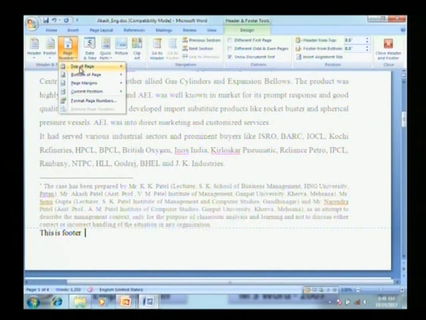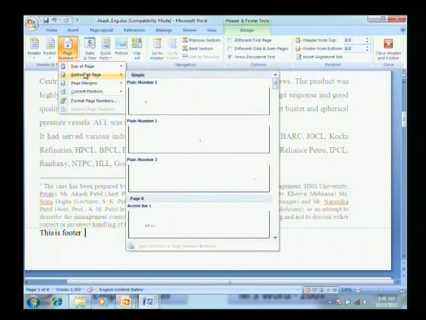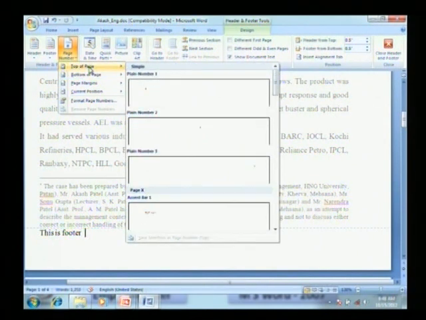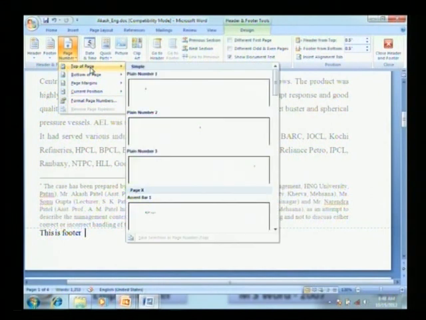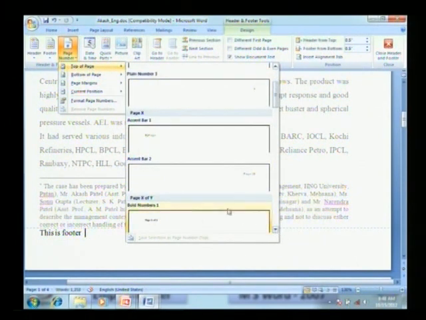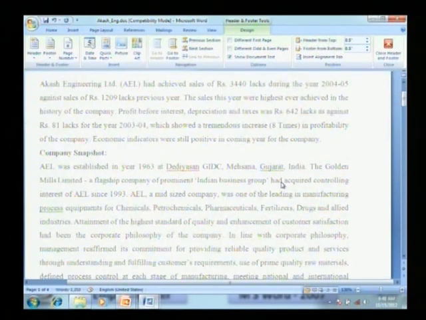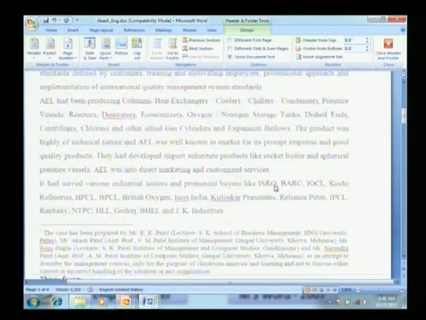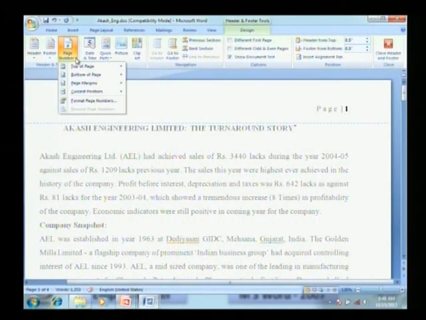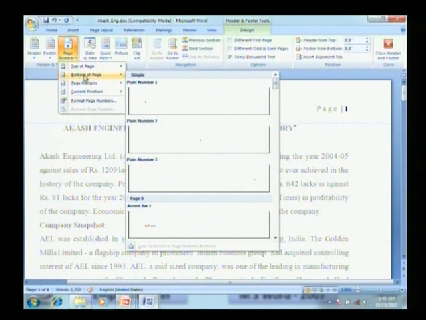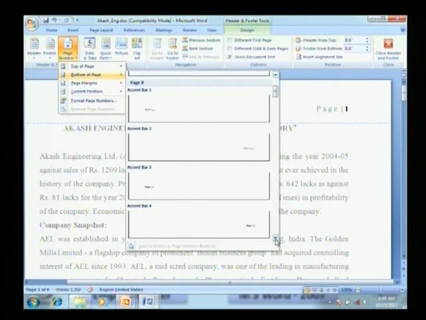Page numbers. Fine. And where we may write page numbers: center, left, right, everything is available. Okay, so options are available. Let us use the X of Y. Fine. But we selected the top option, that is why it comes that way. So the page number we may display anywhere.